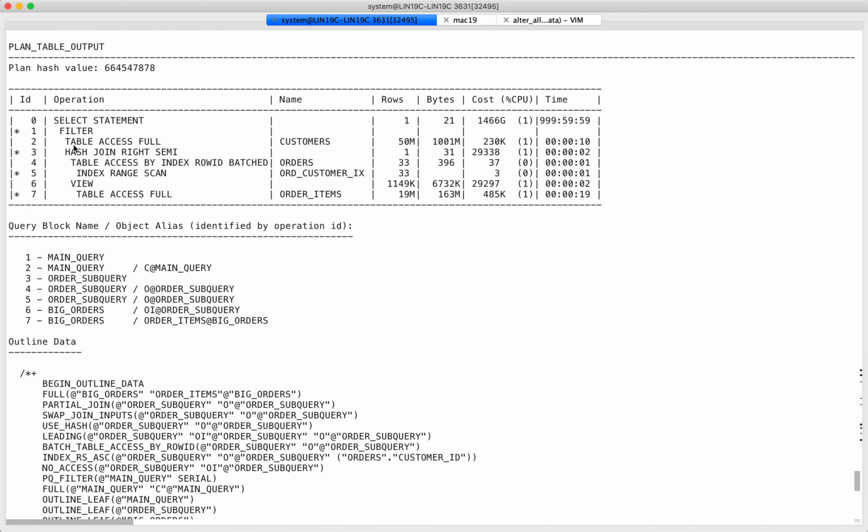Well, anyway, so this is what you get, and what you see now is you have these lines here and all the query block names. You can actually see which query block name belongs to what, which line is which query block. For a small query it doesn't really matter that much, but when it's a big and complex query, with views, querying views, and so on, that sometimes helps to visualize this in your mind